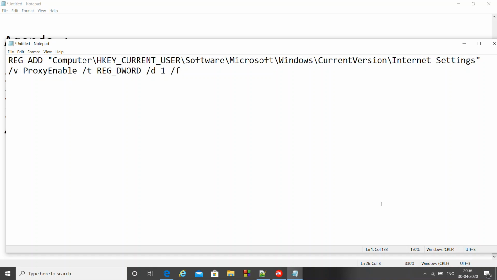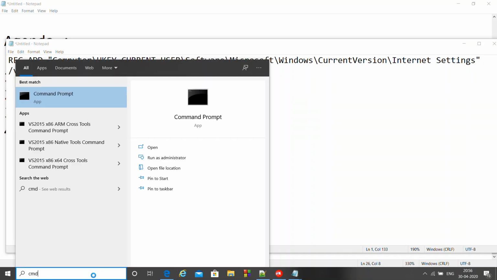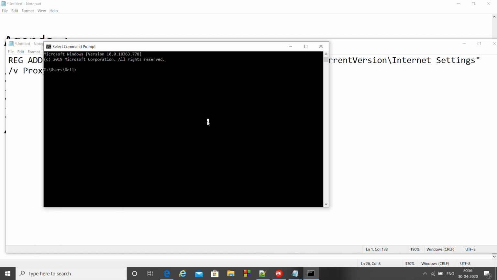Now we will check where exactly this change is going to happen. For that we'll go to the registry location. We'll open CMD first. We'll just trigger the command regedit.